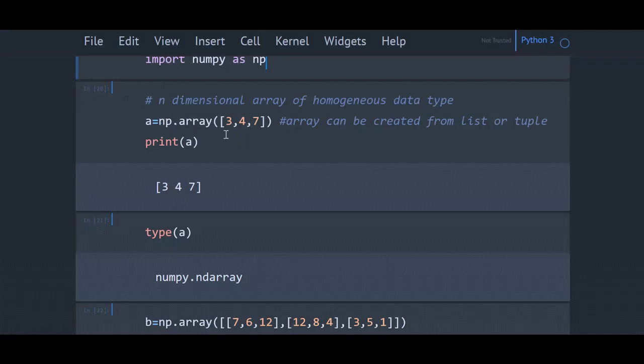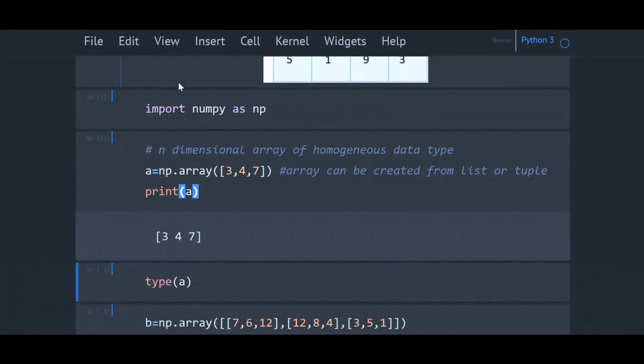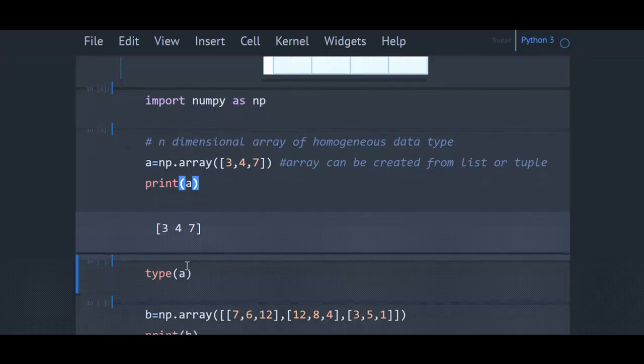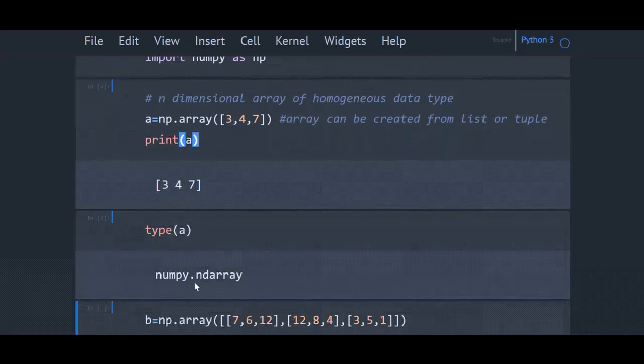Now let's see how to create a one-dimensional array using the NumPy package. This is how you can create a one-dimensional array. Give np.array and within the braces give the list. So this will convert this list into a one-dimensional array. You can use a list or tuple. Remember, you need to import the NumPy package, only then you can use NumPy over here. Actually this will look like a list itself. To make sure, let's see the type of this output. So you can see the type of A is ndarray.